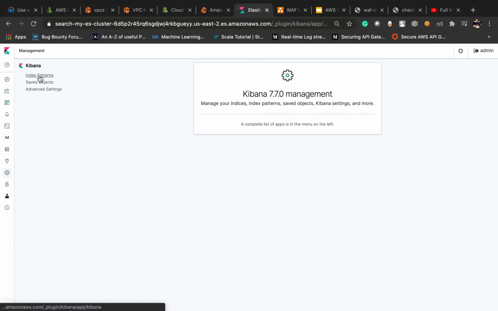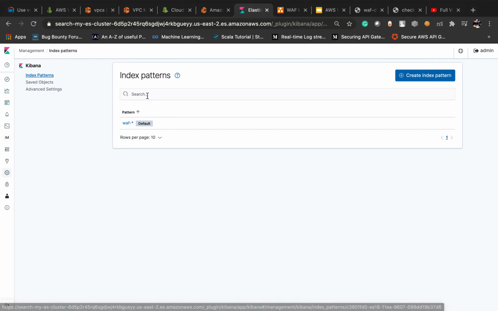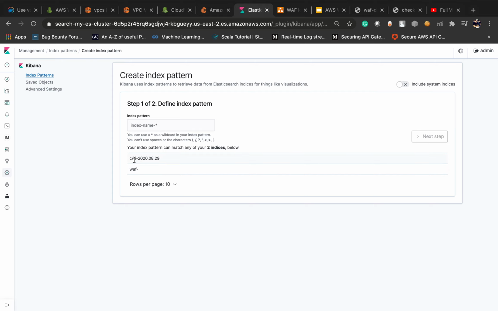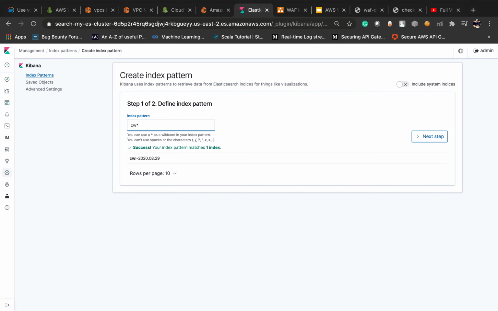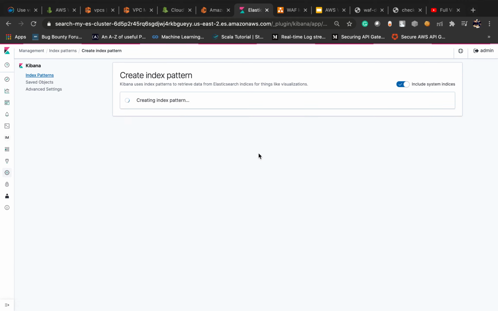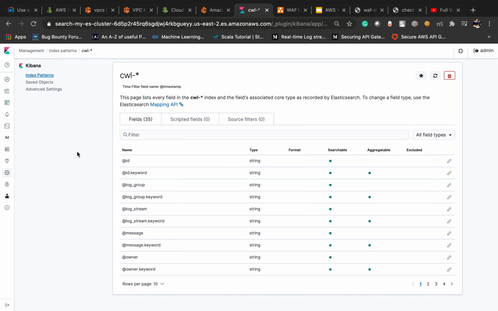Go to management, here index pattern, create index pattern, and it is CWL star. Next, here you have to choose the timestamp. Now create the index pattern. Now go to visualization.